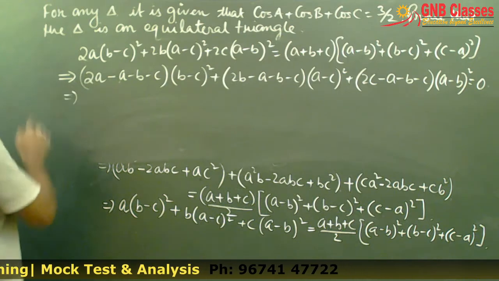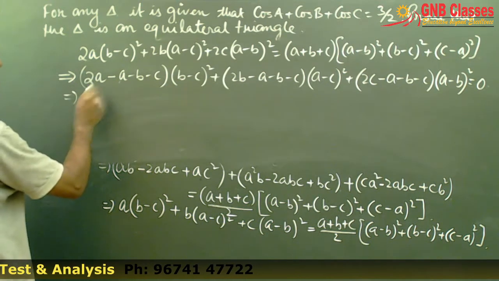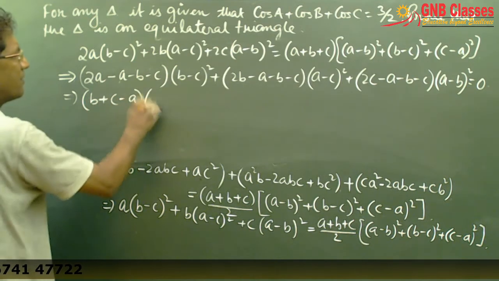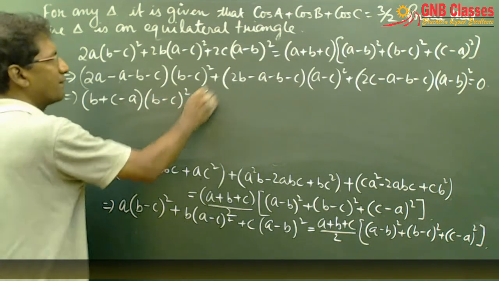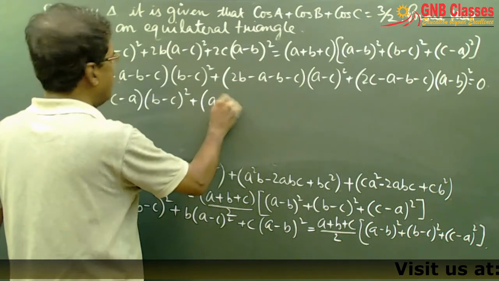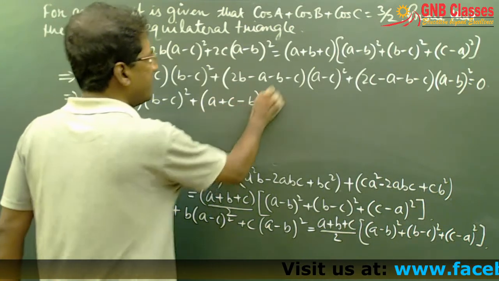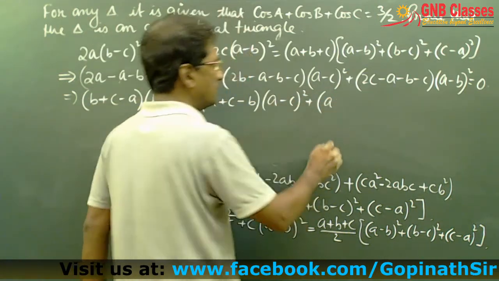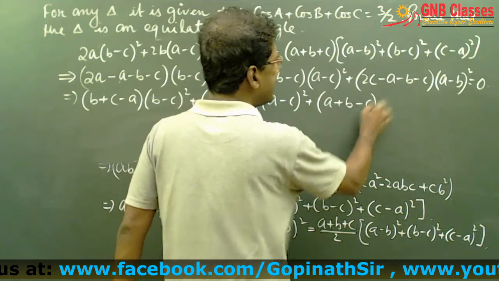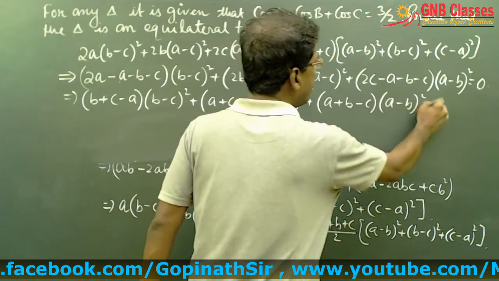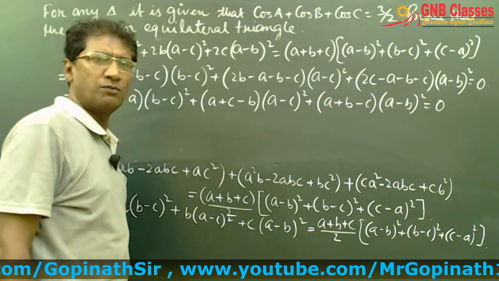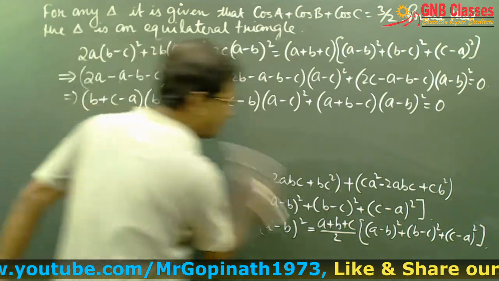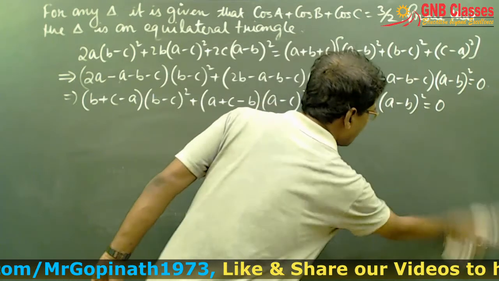So we are having, if we simplify, we will be left with B plus C minus A, B minus C whole square, A plus C minus B, A minus C whole square, A plus B minus C, A minus B whole square equals to 0. Is it clear to all of you? Absolutely. Okay. Now you observe, since A, B, C are the sides of a triangle, we all know that